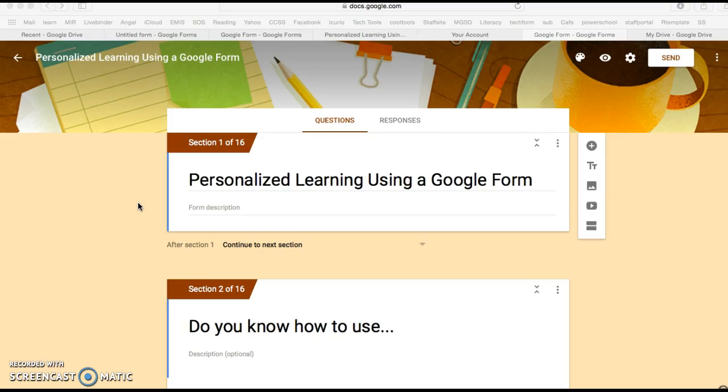Today I'm going to tell you how you can use a Google form to personalize learning in your classroom. The first thing that you need to do is go into your Google Drive and open up a new form. Then you're going to add about 5 questions. You don't want to add too many questions because for every question you also have to add a video explaining